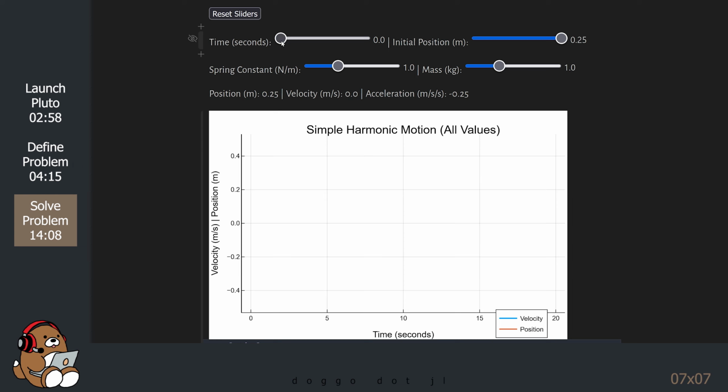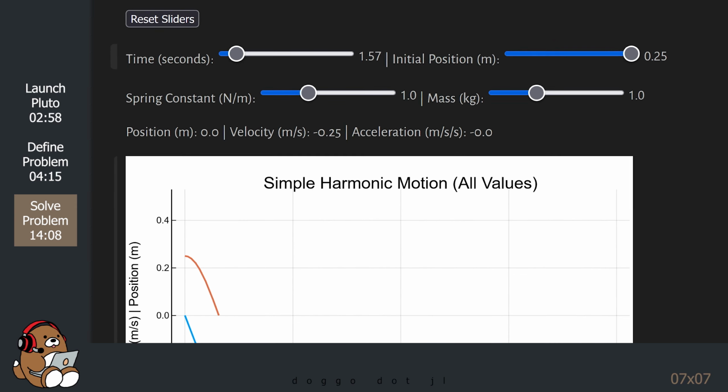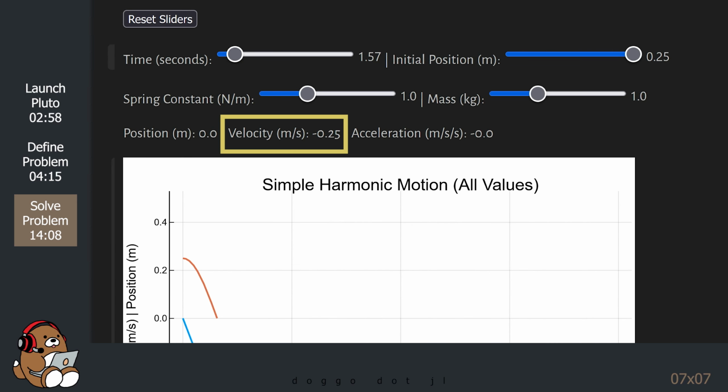Try to move the time slider so that the position equals 0. At that point, the velocity is negative 0.25, which is the maximum velocity moving to the left. Also notice that the acceleration is now 0.